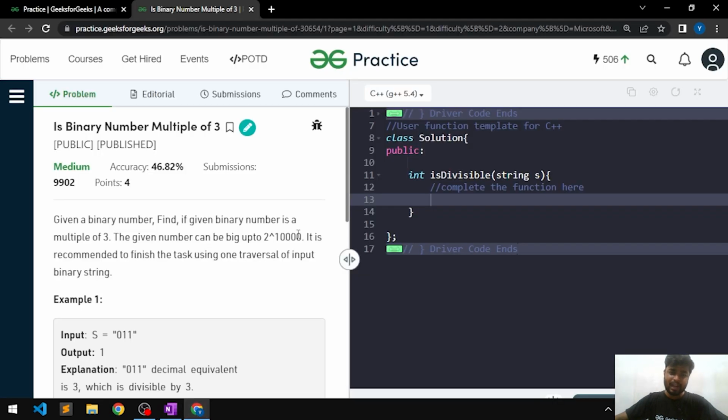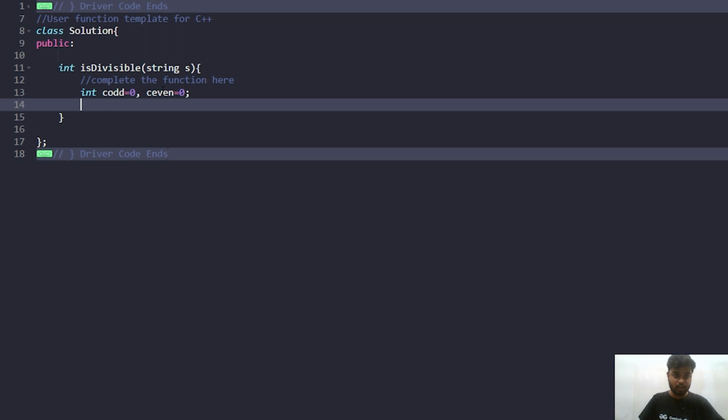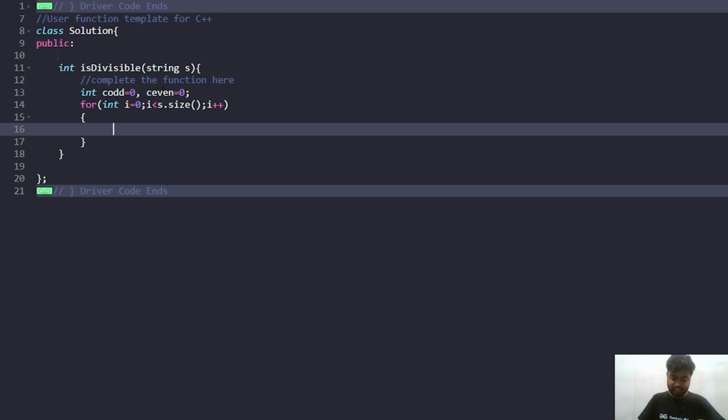So let us quickly try and code this problem out. What I would be doing here is I'll be having the count of odd set bits. So I'll write C odd, that is the count of the odd set bits, and I'll have C even as well, that is the count of even set bits at the even position. I will iterate through the string. So int i starts from 0, i is less than s dot size, and then I'll do an i plus plus one by one, and I'll check that if the ith bit is